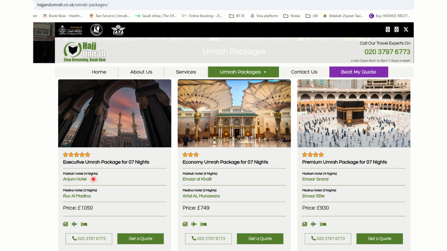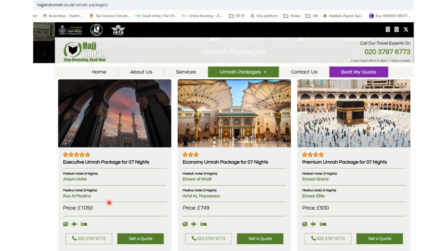Now, just to compare and give you a full perspective, I'm not linked to any of these groups I'm going to show, but I just Googled it, and these are some of the groups. In the UK, I found this by Google search, and you can see that it's giving a 5-star package, 3-star package, and 4-star package. The price per head they are giving,